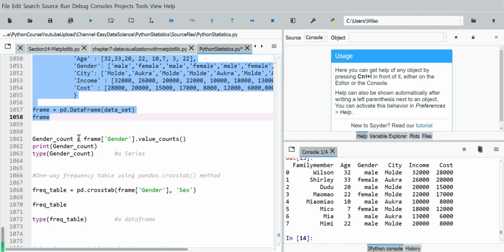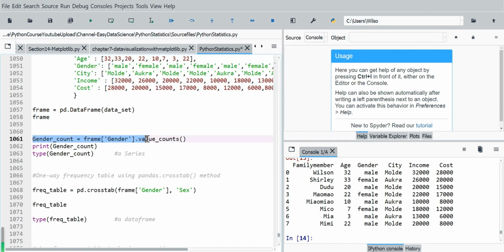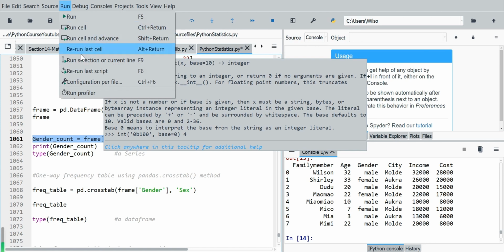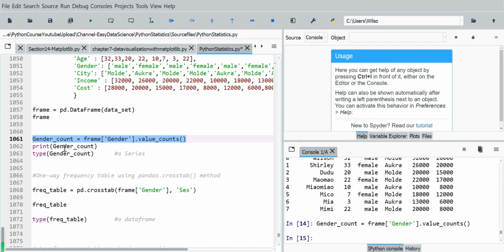So say if we want to create a frequency for the variable gender in the data frame, we can use frame, brackets with gender in quotes, which means we select the frame's gender column, then use .value_counts() parentheses, the method or function for calculating the frequency for this variable. The result is assigned to the gender_counts object. So next we can print